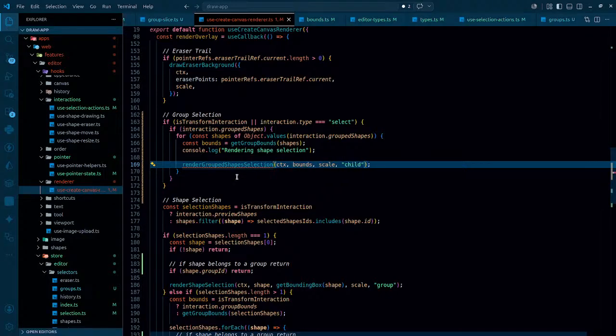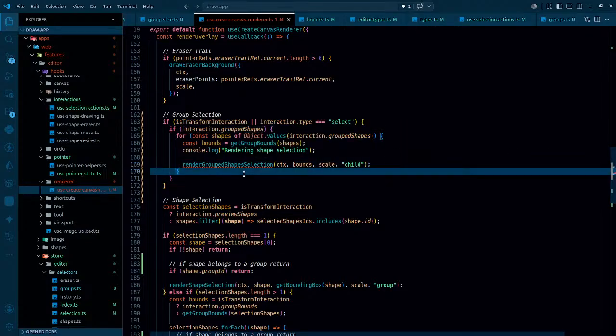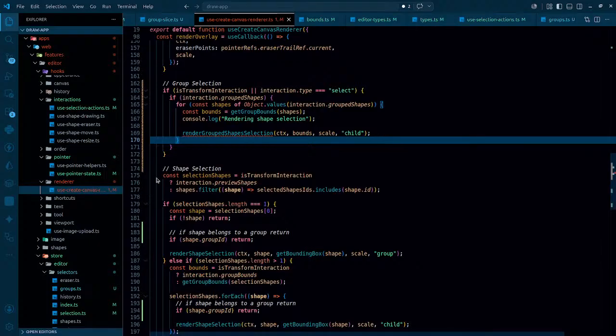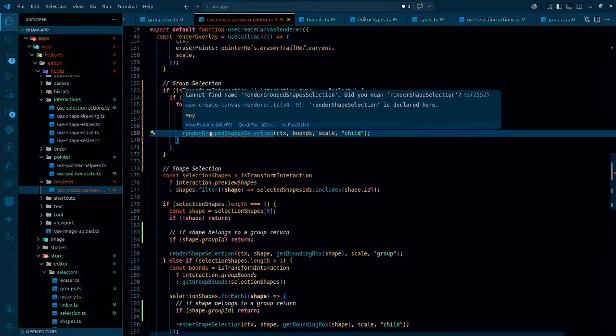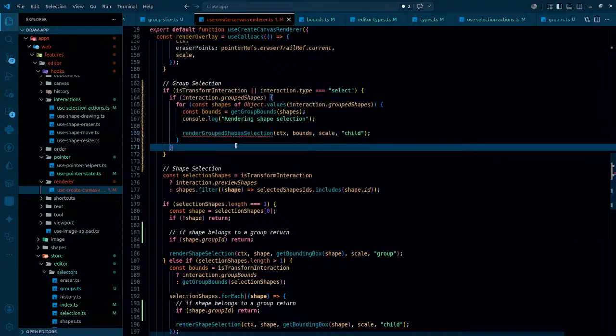This is gonna be a different one. It will be rendering the grouped shapes selection. Now how will it be working and all, that's another case where I have the logic of rendering the things. So the logic is just at the top, and when it comes to this, it should